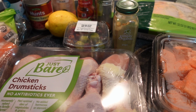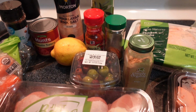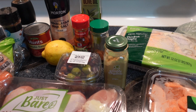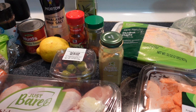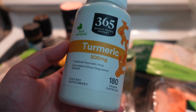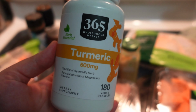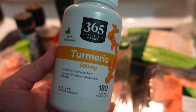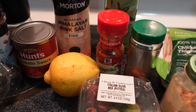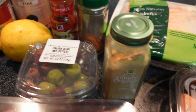3/4 teaspoon of ground turmeric. Now, here's the funny thing about that. I don't typically keep a jar of turmeric around because I don't really love the flavor, but I appreciate that it is a fantastic thing to consume. It's anti-inflammatory. It's just great. So every day I take a turmeric supplement, and that's all it is. It's literally just turmeric in little capsules. So since I need 3/4 teaspoon of this, I'm just going to open up some capsules until I get the equivalent. So yeah. We need 3/4 teaspoon of sweet paprika, 3/4 teaspoon of finely ground black pepper,